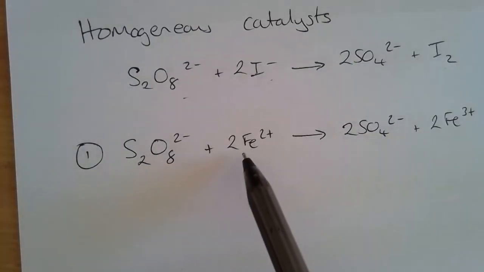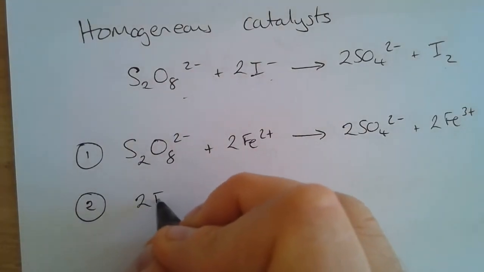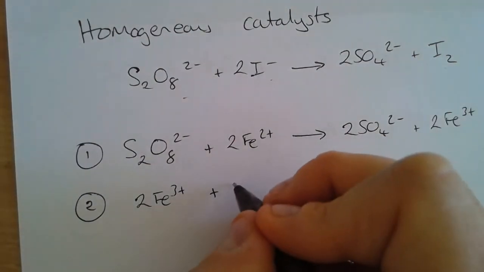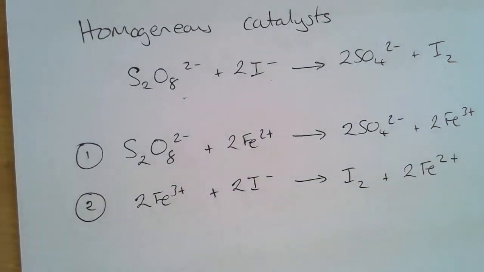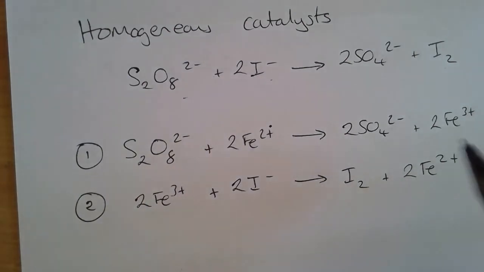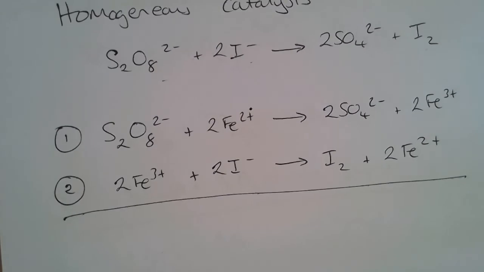So we can see what's happened here is that the ion, as in the last example, has been able to temporarily change its oxidation state in order for the reaction to take place. So this is another example of a transition metal ion being able to change its oxidation state. Now in the second step, two Fe3+ ions react with two iodide ions to make iodine and two Fe2+ ions. So as we can see, as happened last time, Fe2+ was a reactant in step 1, and it's a product in step 2. So overall, it's unchanged. If we were to do what we did last time, which was combine these two equations,